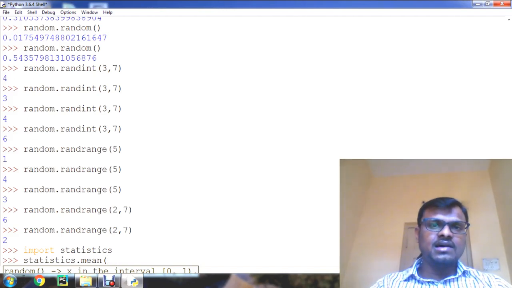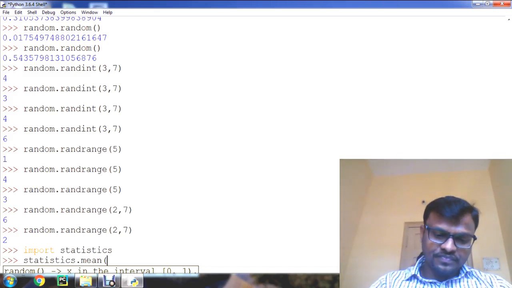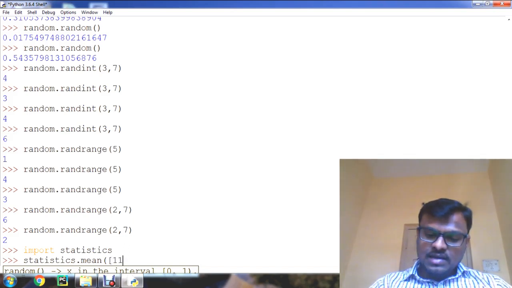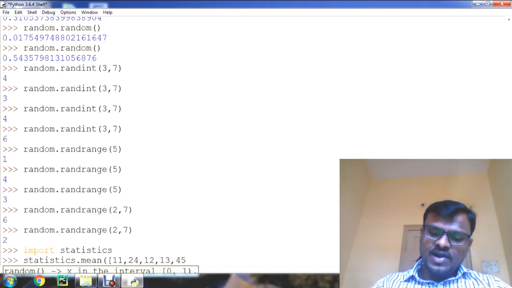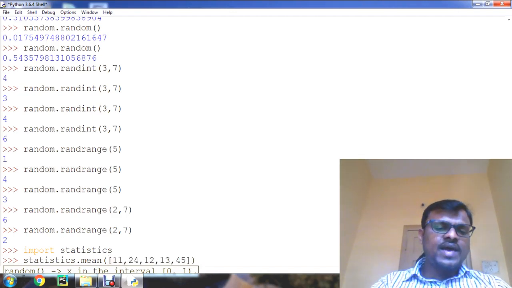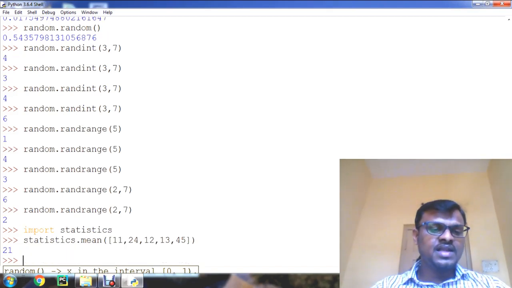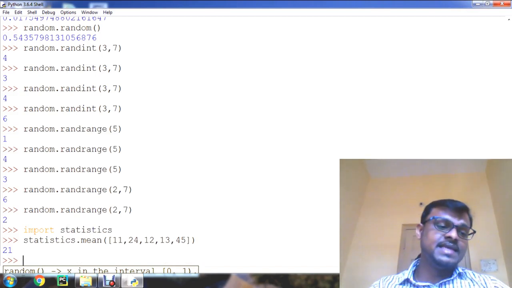For that, let us give the value now. statistics.mean, it should be a sequence, so I am going to give a sequence, any sequence, 11, 24, 12, 13, 45. In this sequence, the statistics.mean function is going to find the arithmetic mean and return the value of the mean. Let us check now. The mean of the given values 11, 24, 12, 13, 45 is 21.